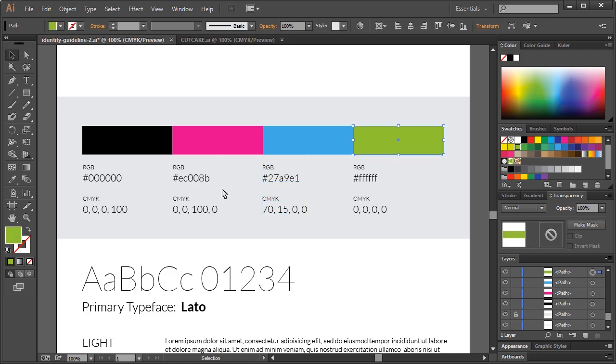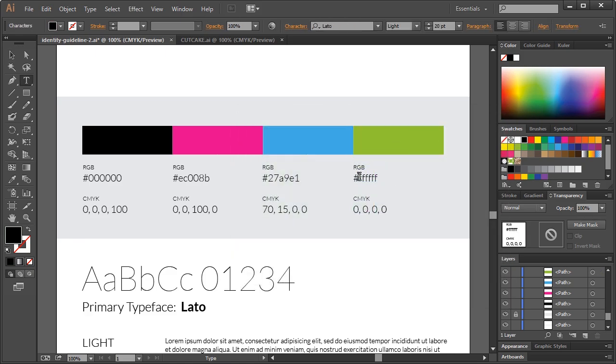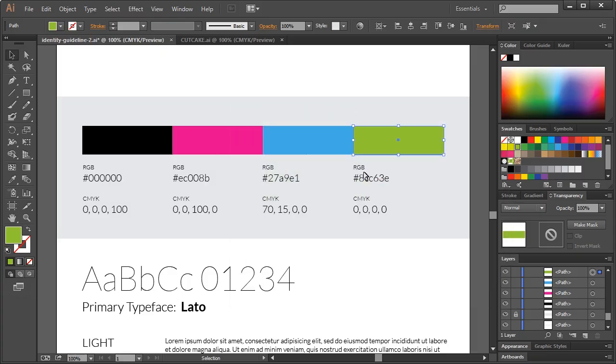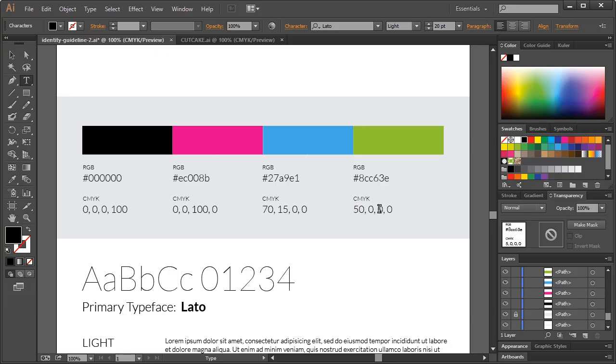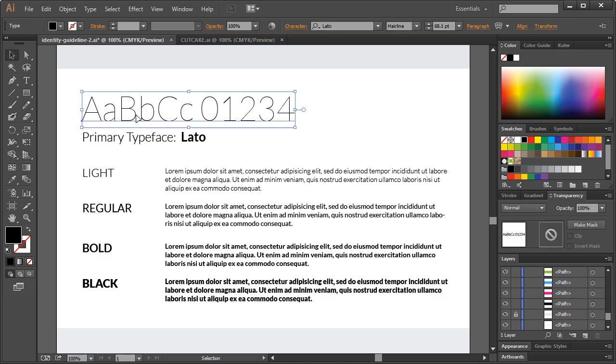And then finally the green, we'll select that, copy the color code, paste that in, and it is 50, 0, 100, 0. All right, now that tackles that issue, and now we'll make the primary typeface, and we'll go ahead and specify